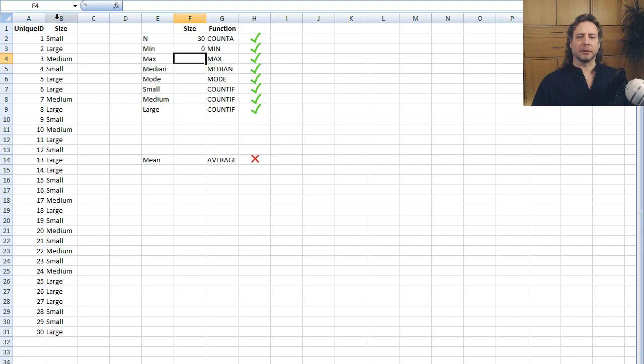Well, what does that mean? We've got small, medium and large, but don't expect to get 0, we expect to get small. Except that Excel does not understand your naming convention. It doesn't know that small, medium and large are ordinal data. It doesn't know that small is the lowest possible category and that large is the highest possible category. It doesn't know. Why would it know? We haven't told it. You can go in there and you can do some really fancy programming so that it does understand that small, medium and large